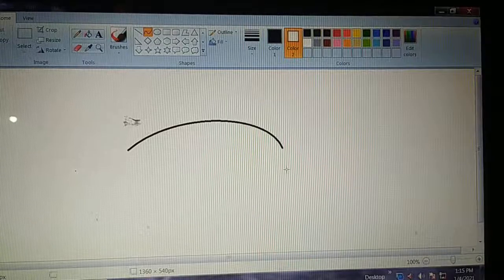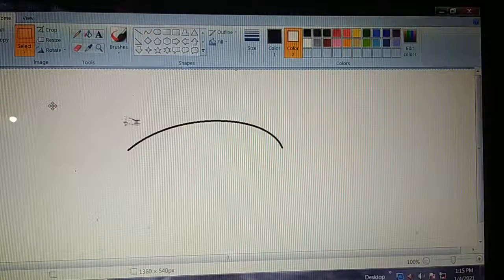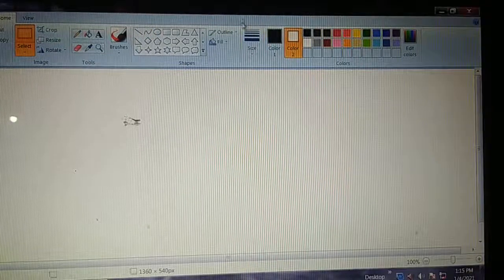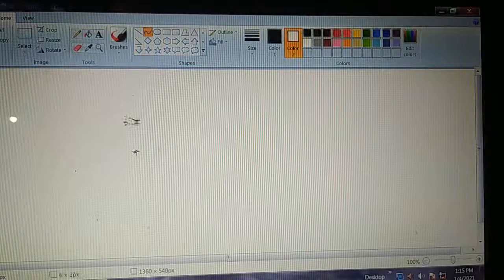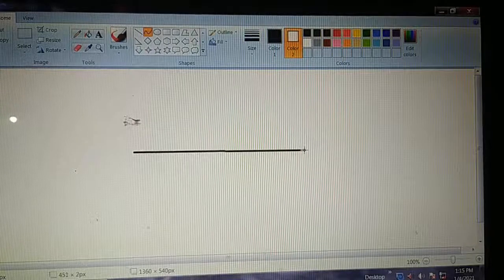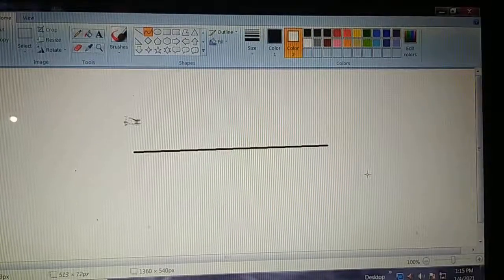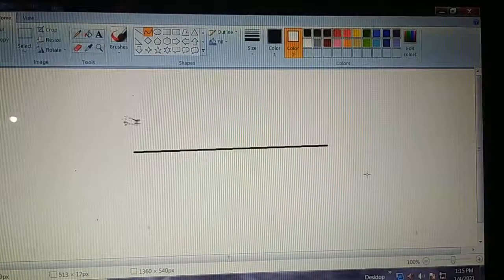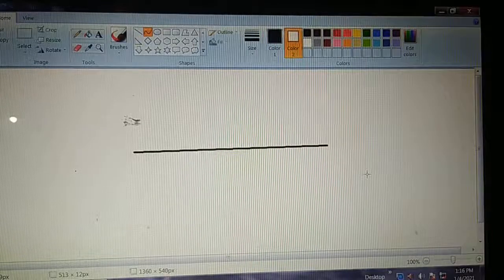See again. Select the curve tool. Draw a straight line. Using the shift key we can draw lines easily.